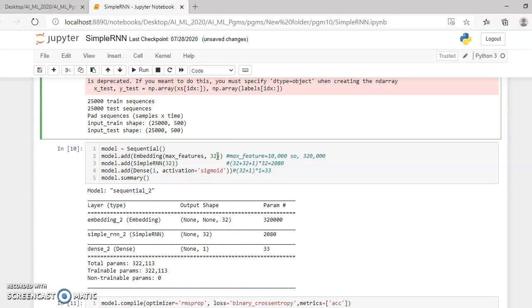With the 32 neurons and the max features the text data considers, we now have 3,20,000 features. These features are then considered in the simple RNN, the simple recurrent neural network.